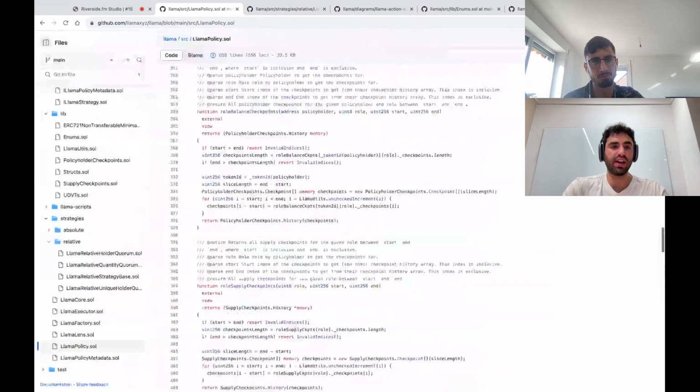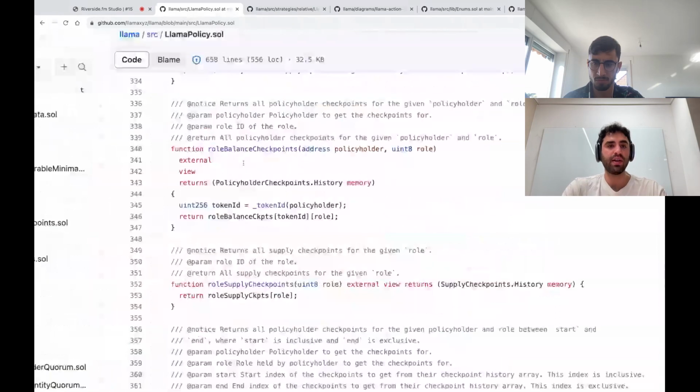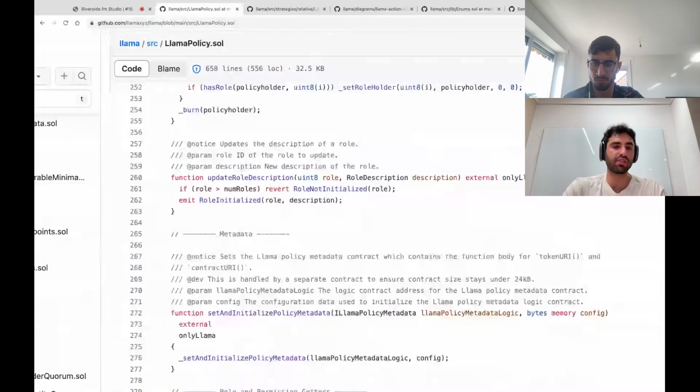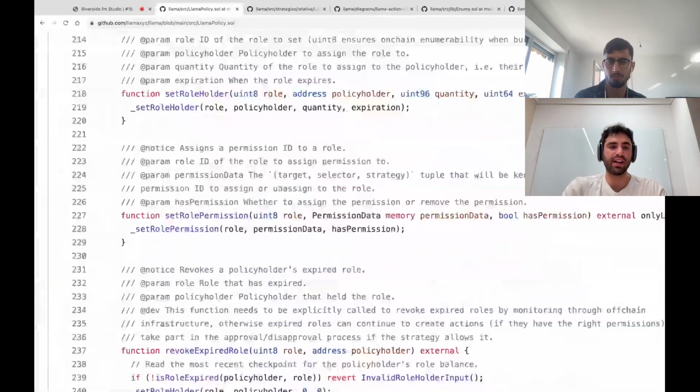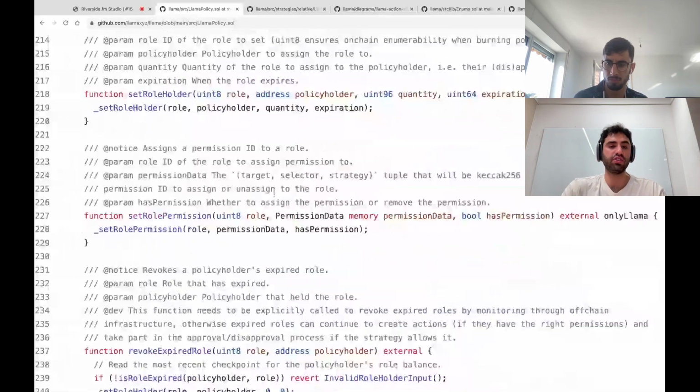An interesting thing to mention is how you can use your Llama instance to govern over your protocol contracts. It's also what you use to govern over Llama itself. So say you want to grant a new permission to a role. The question is who has permission to do that.